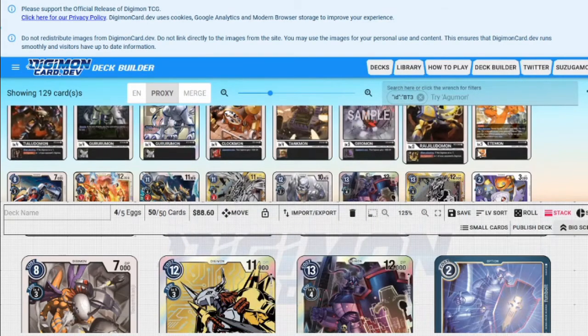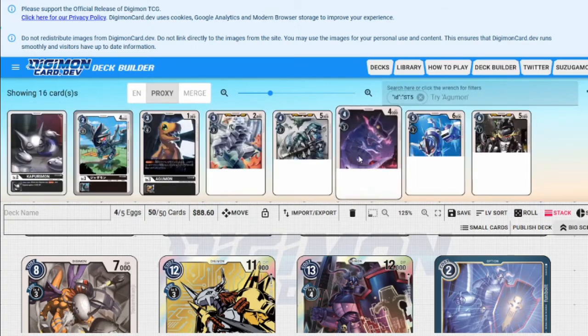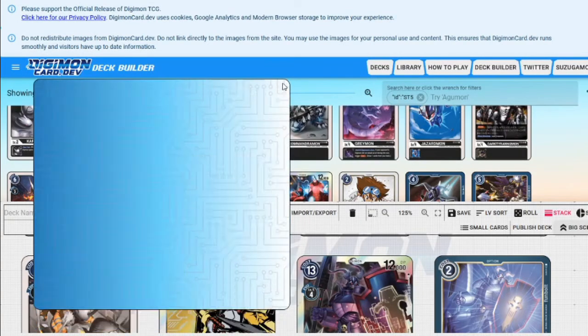And until the actual starter deck comes, so if you're watching this and the starter deck is already out, which doesn't come out until set 4, so this would be a whole other deck. The other level 5 you would want to play in this spot would be this Megadramon, because it gives blocker, or